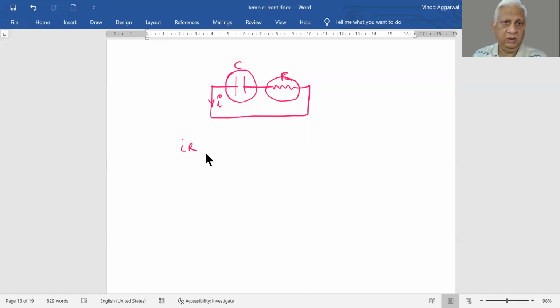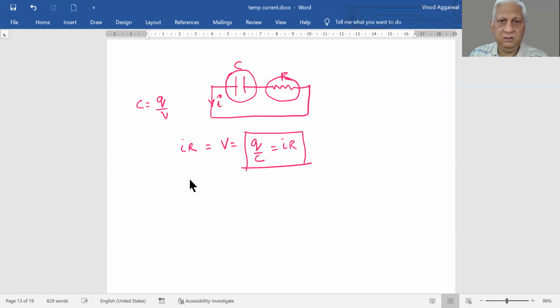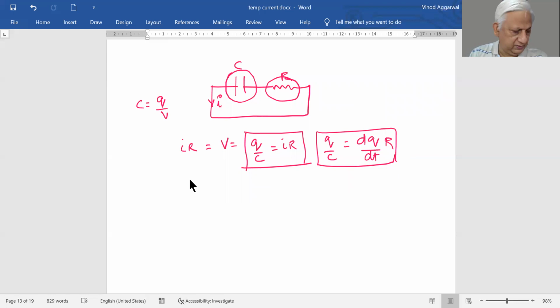So this is the voltage drop across this resistance, and it is purely on account of the voltage the capacitor has, and we know C is equal to Q by V. V will be equal to Q by C. This is our basic relationship, which can also be written as QC is equal to, this is our differential equation. And if we solve this differential equation, what we'll get is